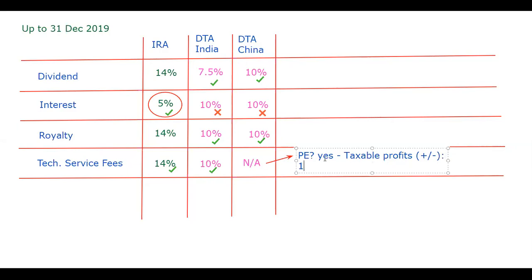Let's say 28 is the previous rate. Now it is 24, the standard rate. Right? If there is no PE, then it is not taxable. You need to take a no tax clearance from IRD in order to remit.